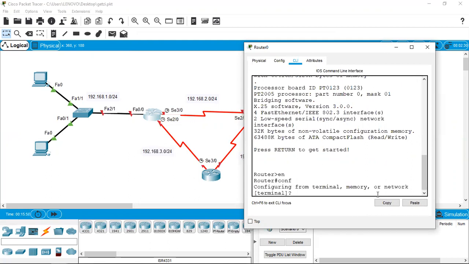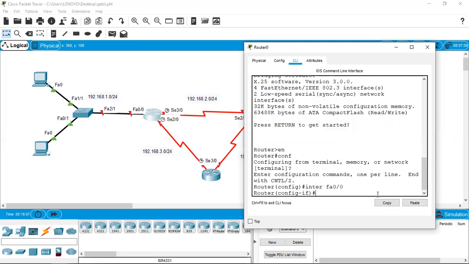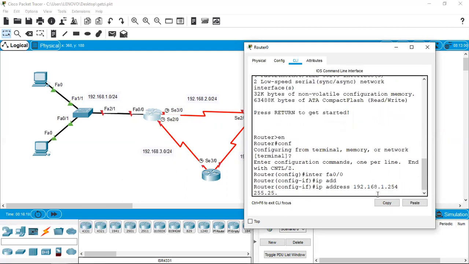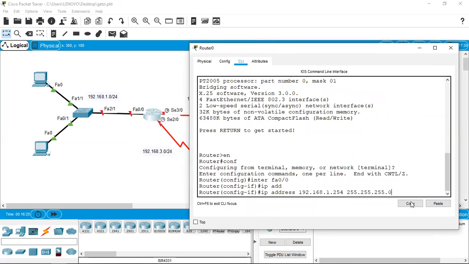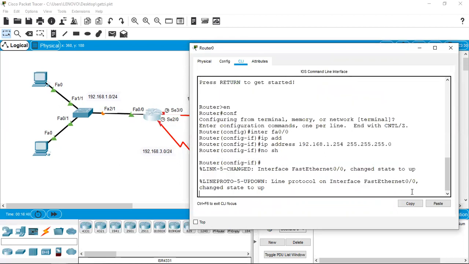I give IP address to the fast Ethernet interface. Hence, I go for interface fast Ethernet 0/0. And the IP address which I'm going to assign is 192.168.1.254, which is the last usable IP in that subnet. Is it mandatory that I should use this last usable IP? No, but it is always good you assign either the first IP or the last usable IP to the router's interface, so that when you configure the default gateway, you will always remember that. I give, and I should enable this by giving no shutdown command, right?